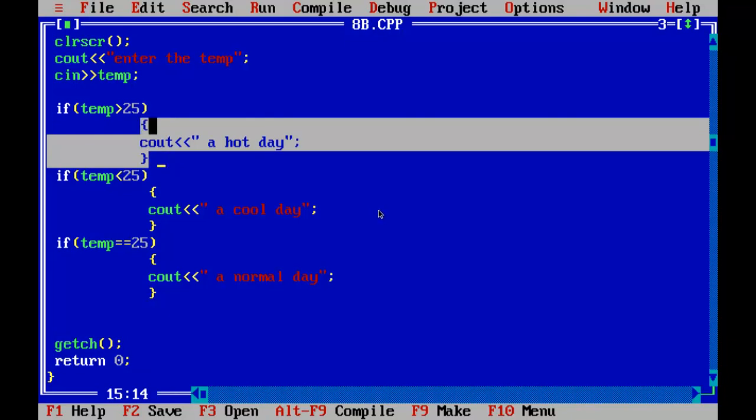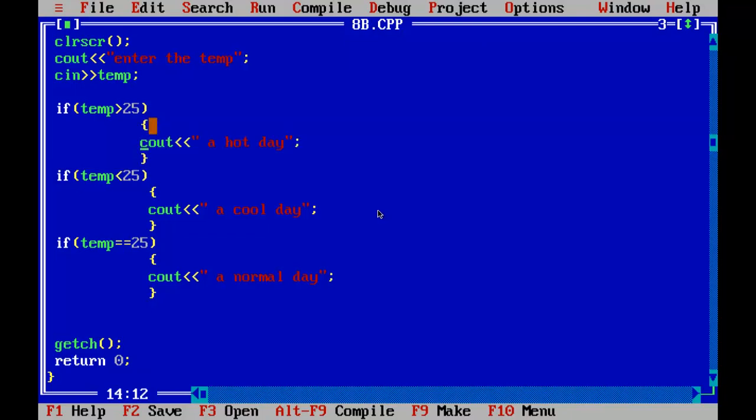And this part may contain a single statement or more than one statement, maybe a group of statements, 4 statements, 5 statements, 10 statements here within the brackets. That's why I advise you to always put the brackets, even if a single statement is there. But if there is a single statement, these brackets can be ignored. It will work without brackets.